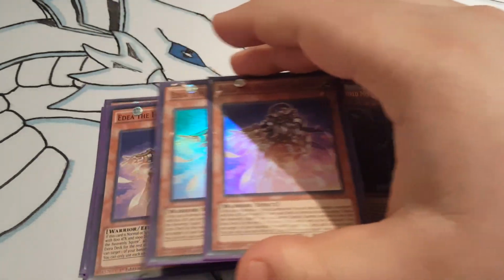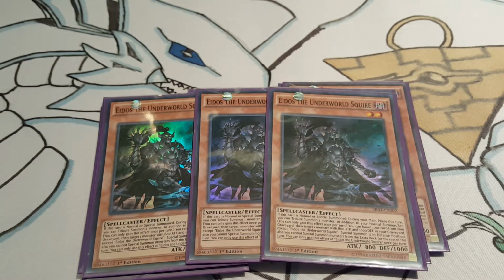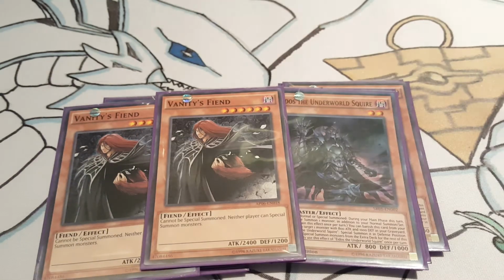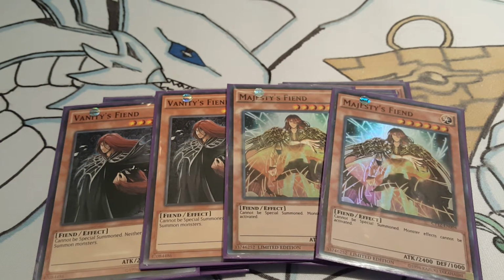After that, I run 3 Idea and 3 Eidos. Idea grabs Eidos. Eidos gives you an extra tribute, so even if you don't have the field spell, you're able to get a Mega Monarch out by the end of your first turn. Both are really good. I actually have, because of my next tech, which you're going to see in a second, Eidos, I believe it is really useful to run at 3, just because if I have an Eidos and either of these, my Vanities or Majesty's Fiends,